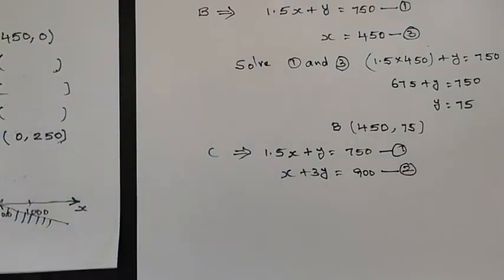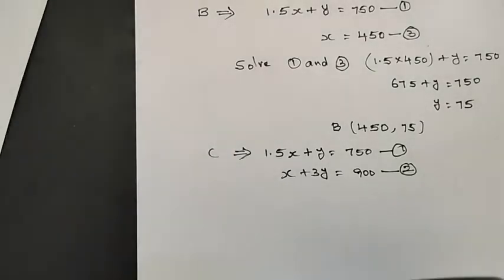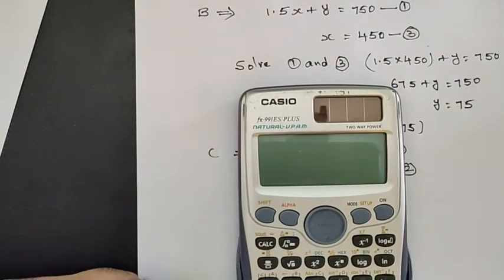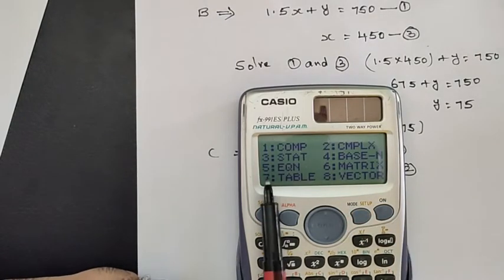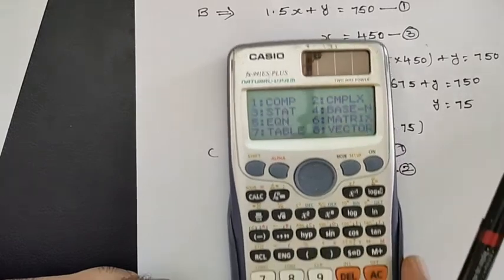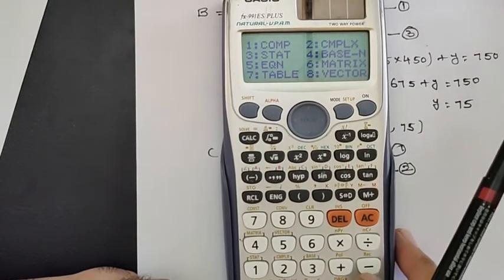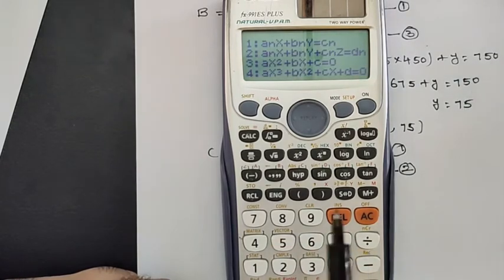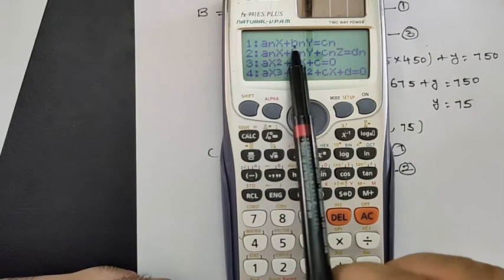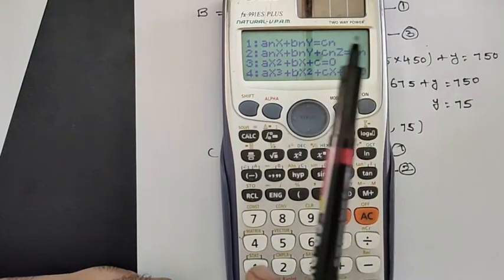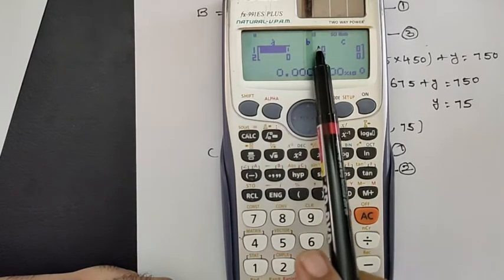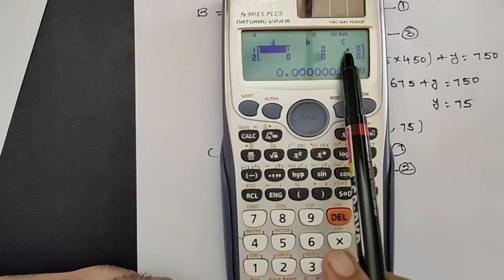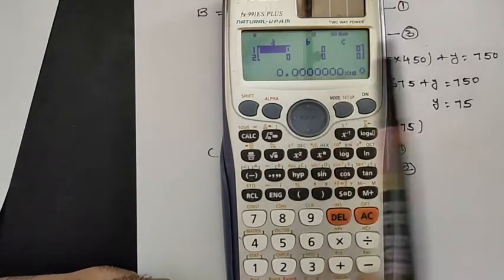So now I am going to solve these equations with the help of a calculator. How to solve equations with the calculator? I have switched it on. Press mode, and here 5 is equation mode. So press 5. Here the equation type is ax plus by equals c mode. Press 1. Then this will appear. A means the coefficient of x, B means the coefficient of y, and C means the constant term. Similarly in the second equation also.